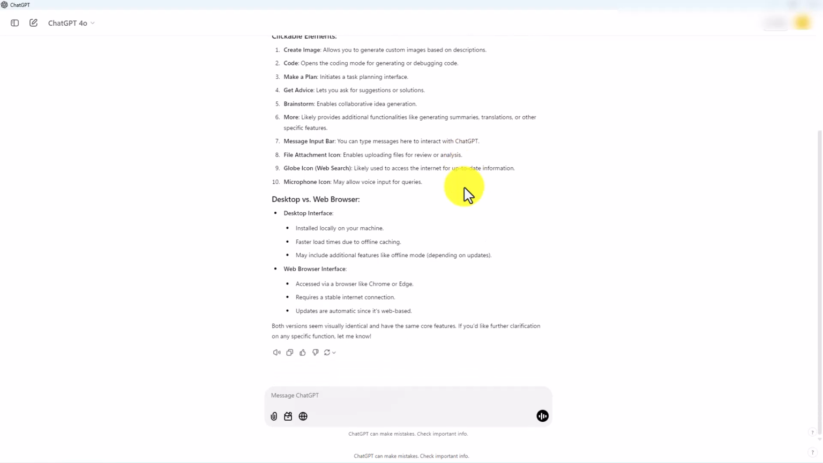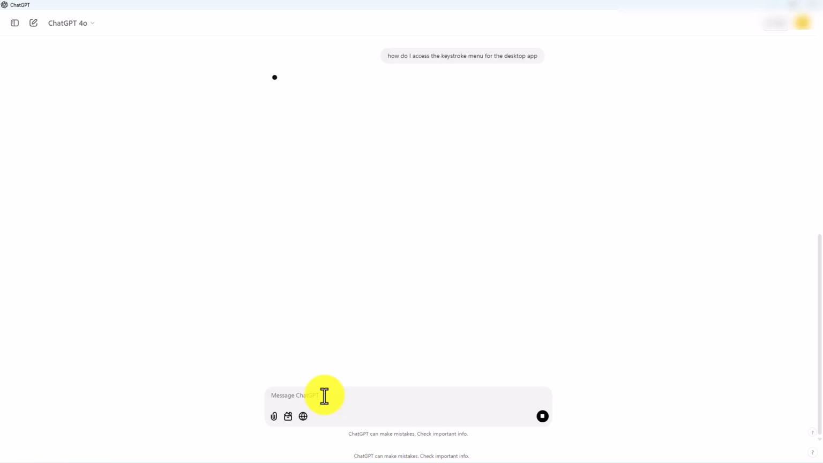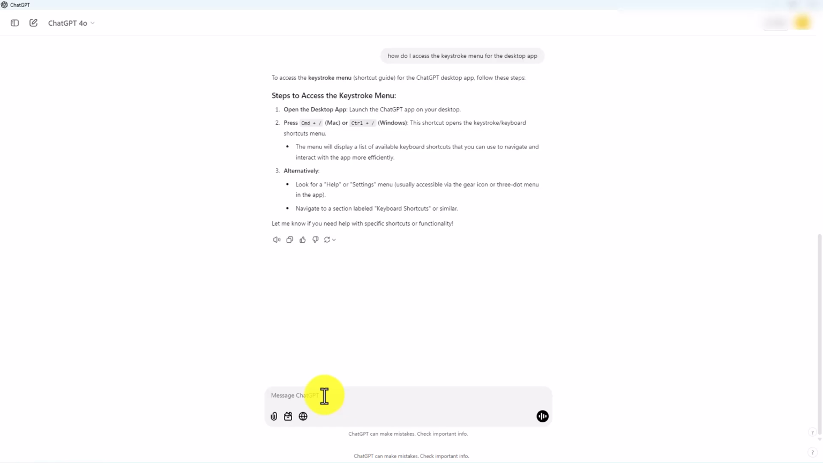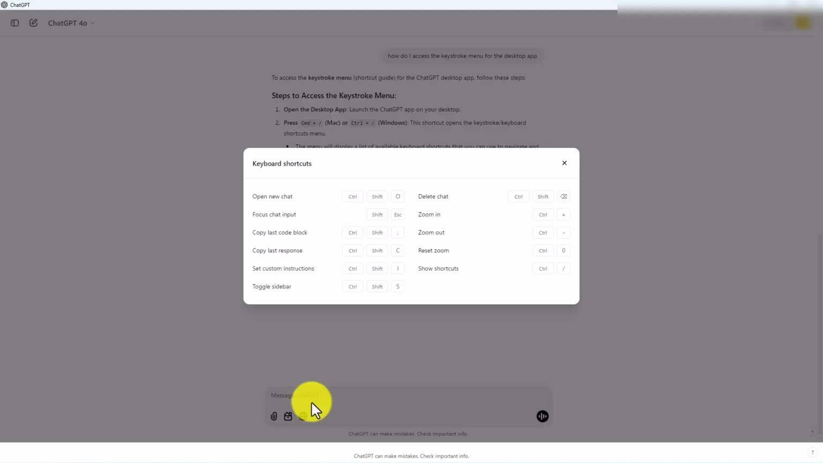you have uploaded. There is a keystroke menu, and it's a good idea to ask the chatbot what that keystroke menu is and how to access it. And you can query, and you'll notice then that if you hit command and the slash, you'll be able to bring up the keystroke menu. And it's here where you'll be able to see all of the keyboard shortcuts that you can use with the desktop application. So the desktop application does have some measure of flexibility when you can use it instead of using